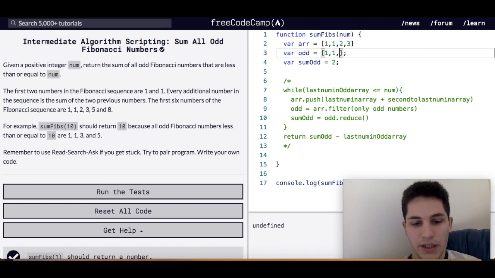And 3, but like I said, filter out 2, and we're going to use reduce to add up all the numbers in our array. So sum odd would be equal to 5, and then